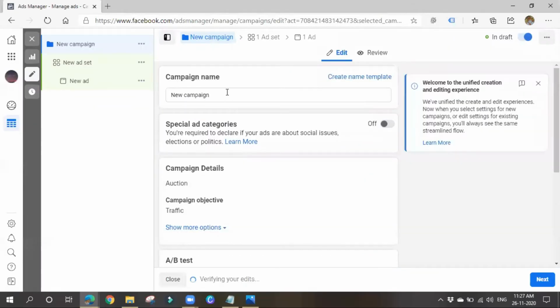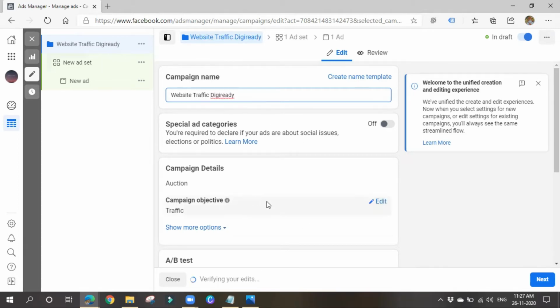Right now I have to name my campaign. Name it accordingly, guys. If you create multiple campaigns, you should be able to differentiate among them. If you created one campaign for lead generation, one campaign for traffic, one campaign for views, like such, please give proper names so that you can identify them. So, website traffic for digi ready, like that I'm giving some name.